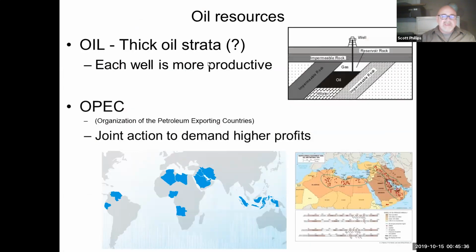And one reason is that in the Persian Gulf, the rock structure is such that it's easy to get the oil out of the ground. In the past, we've talked about hydraulic fracturing in the United States, where we have to go through a lot of work and use technology to get out the oil. In places like Saudi Arabia, it's a bit easier to get out.